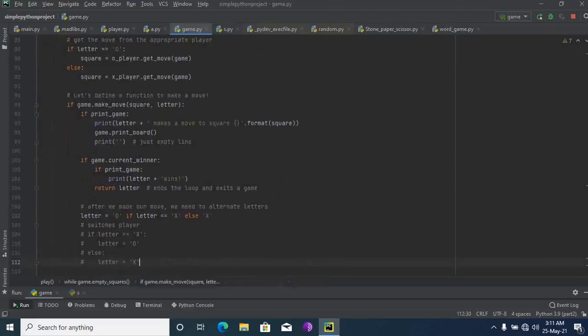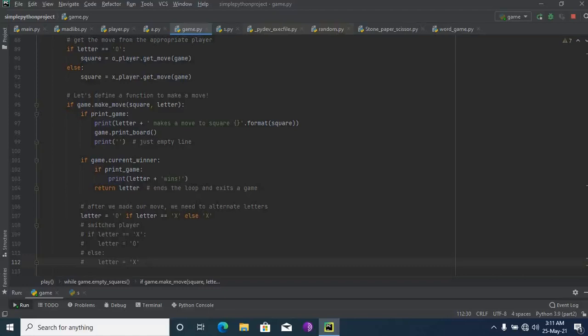Now let's define a function to make a move. If game.make_move(square, letter), if print_game, then print the letter makes a move to the square.